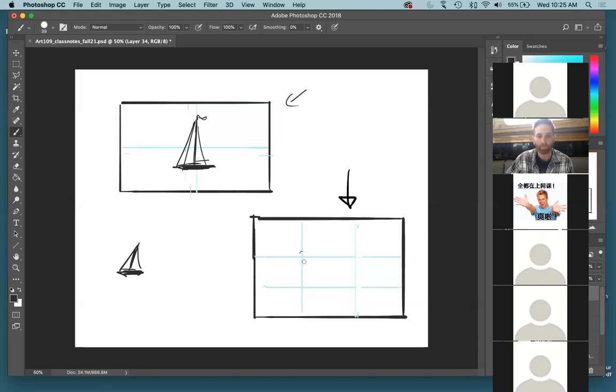And here we could put our boat in any one of these four places. Let's try it down on this one. Okay, another thing that this rule of thirds is good for